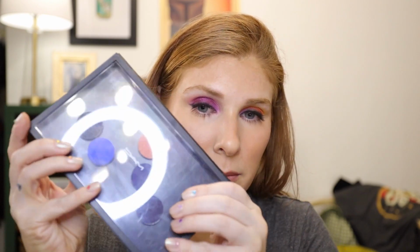Let's see what I have in blue. Ah, a MAC palette that's not completely filled. Let's see if the back has it. Atlantic Blue. I don't know if they make this anymore. But I'm going to take a